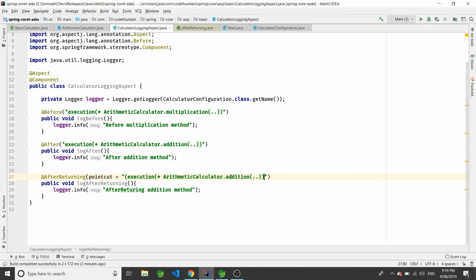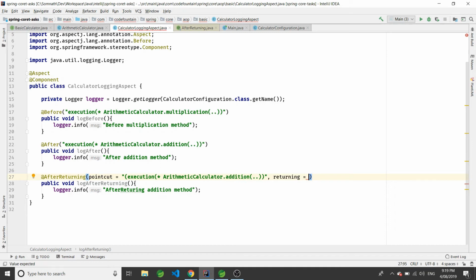So I have created the pointcut expression now: execution and ArithmeticCalculator.addition. So this is one of the attributes. The other one will be the returning one. So returning, log after returning this method. As we are using AfterReturning, we have the option to capture the return result of this particular method, the addition method.